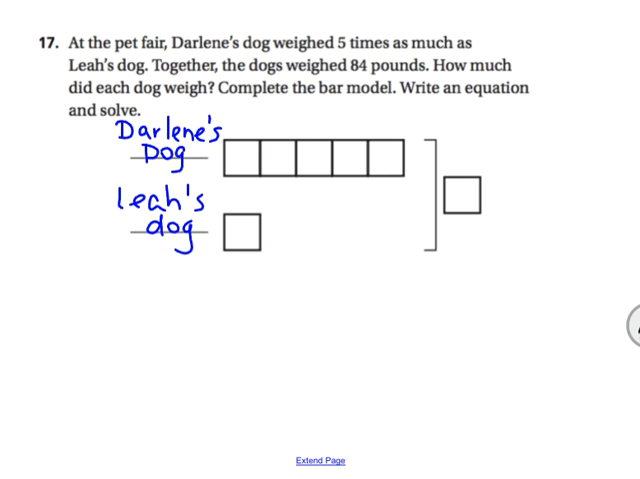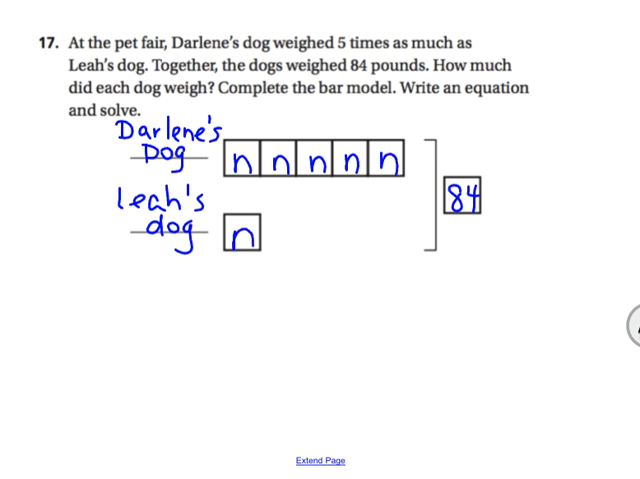Okay. So now I do know something that wasn't used yet. Together, the dogs weighed 84 pounds. So I know the 84 goes here. All right. And since they didn't give me a variable or letter to use, we can use whatever letter you choose. Okay. So I'm going to use N since I keep messing that up. So N, N, N, N,